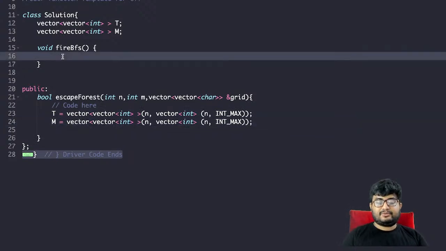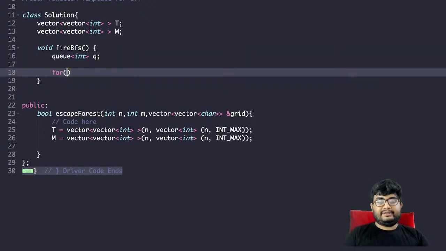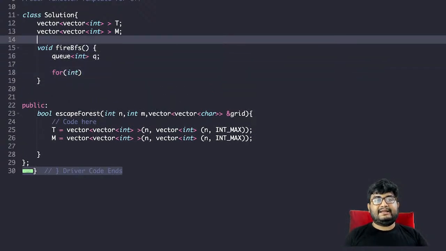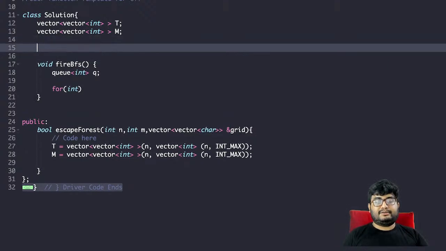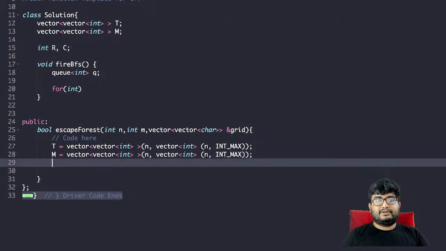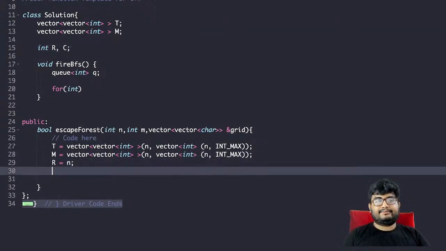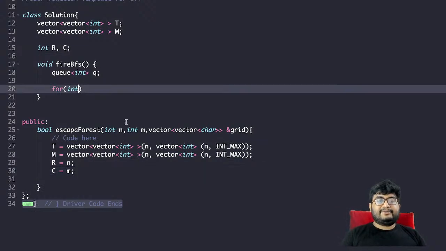So fire BFS, what we'll do is we'll take a q, int q, and let's also maintain the n and m here, right? So int n and m, or let's call it R and C, number of rows and number of columns. So R equals to n, C equals to m. Okay. For int I equals to